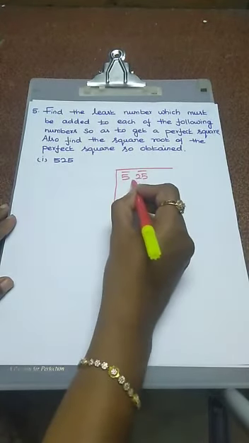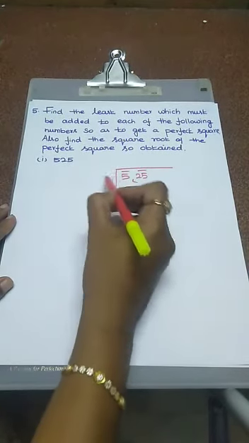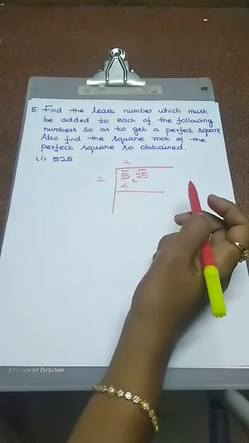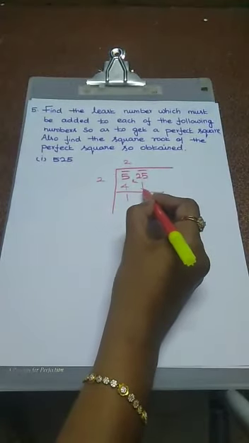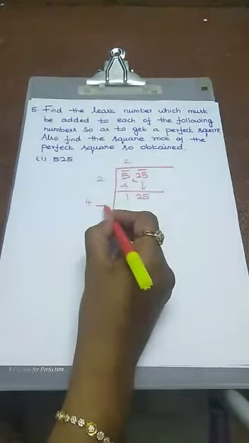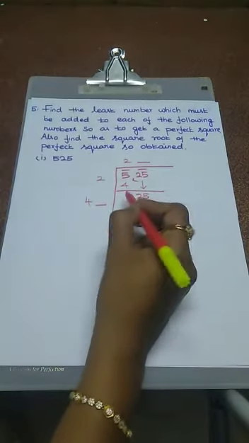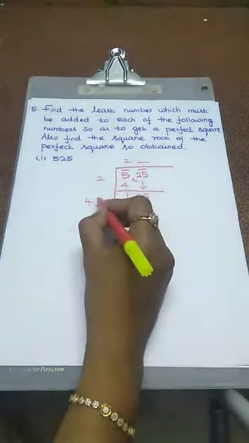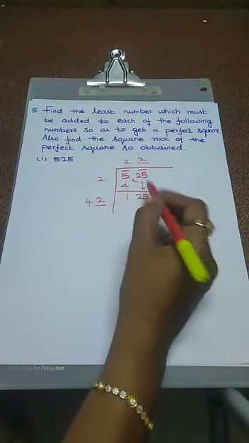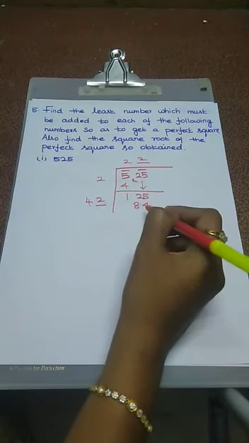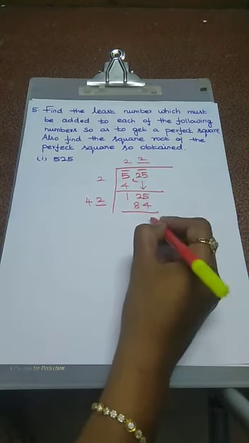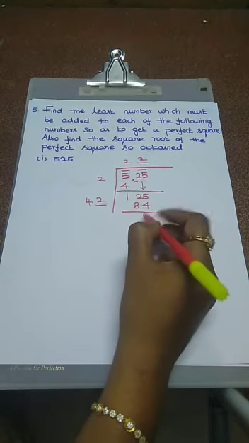Select the value from the last two digits. The possible first number is 2; 2 2s are 4. So 5 minus 4, 1. Take the next two digits, that is 25. Double the value, 2 plus 2, 4. Here I am going to use one value, and the same value we have to use here. What is the possible value? Suppose I apply 2. 2 2s are 4. 2 4s are 8. Suppose I apply 3, it is greater than 125. So choose the value 2. 5 minus 4, 1. 125 minus 84, 41.